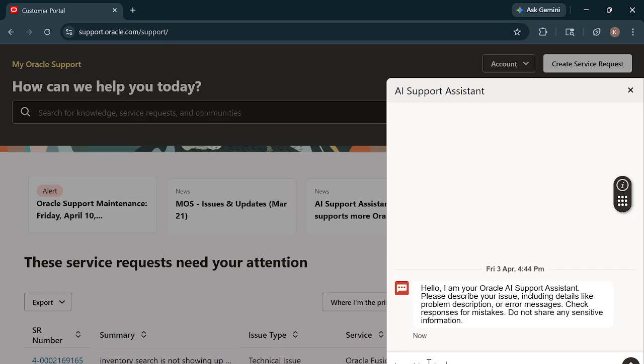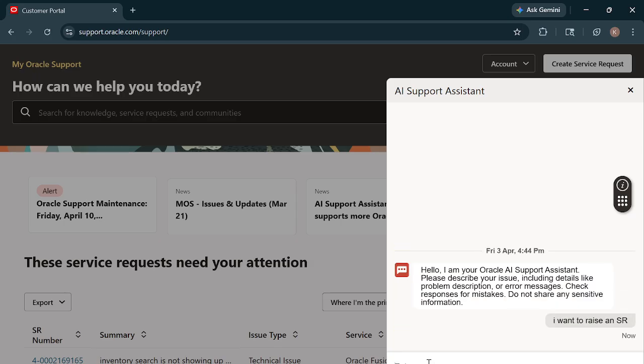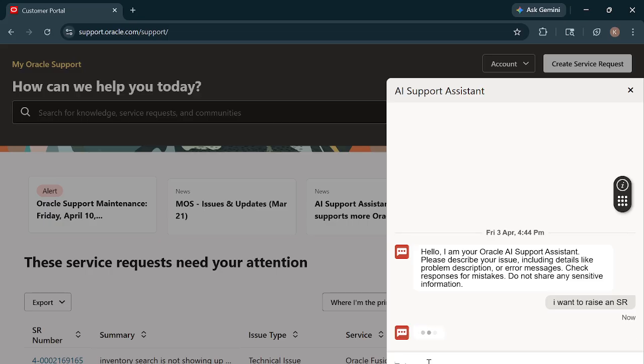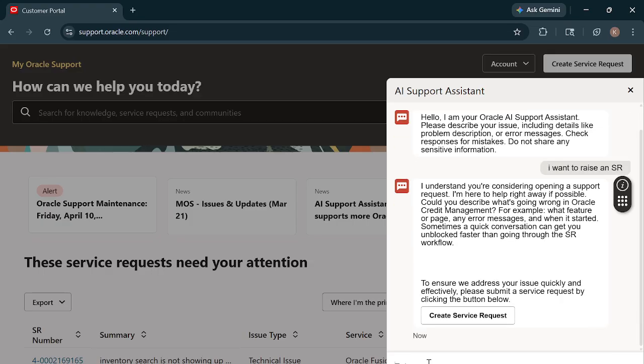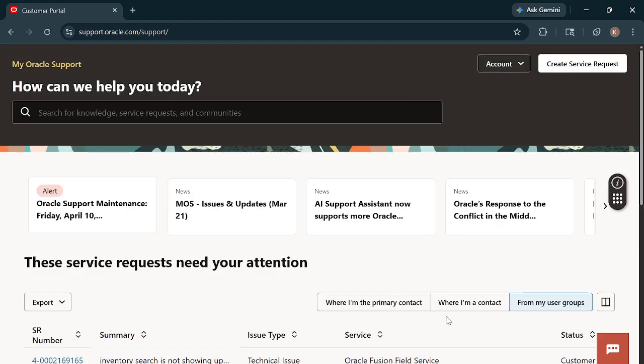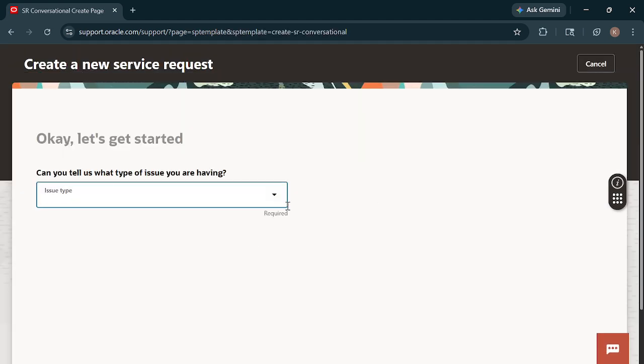Let me try. I'm not sure why this is creating an issue. Let me just talk with it. Here you can see I'm getting the option of creating. Okay,